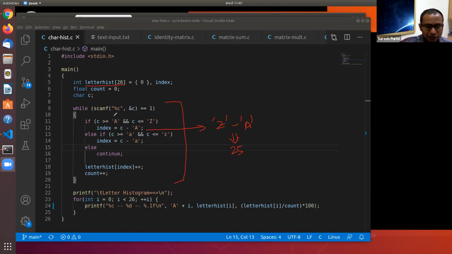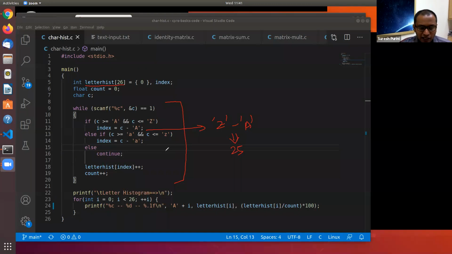As long as scanf is able to successfully read a character, it keeps reading. But if it encounters an end of file like control D, then it will return saying that it's not able to read any character. That's what line 9 is doing. If it's a small letter, you come here and you do the same, you compute the index.